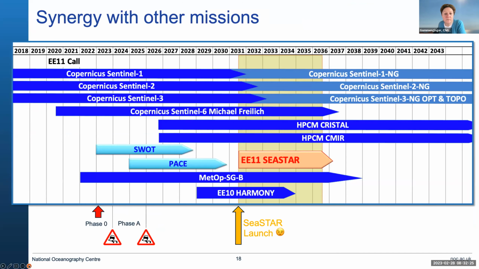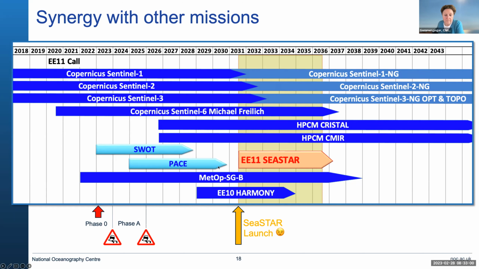And oh yes, I just wanted to say a word about where SEASTAR would be flying, the general context. So the first red arrow, phase 0, this is where we are now. There are a couple of showstoppers on the way, which I'll say a bit more about in a sec. But really, if all goes to plan, SEASTAR would be launched in 2031-32. You can see, unfortunately, we cannot fly, and it's unlikely we'll be flying with SWOT at the same time